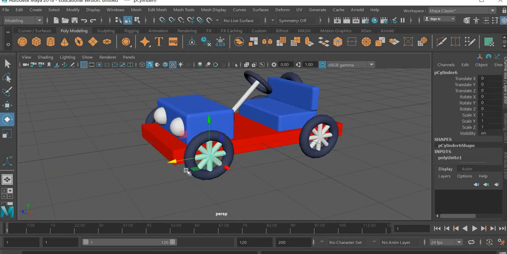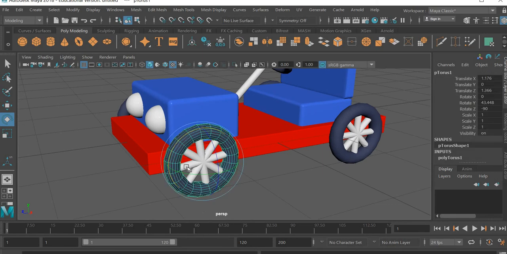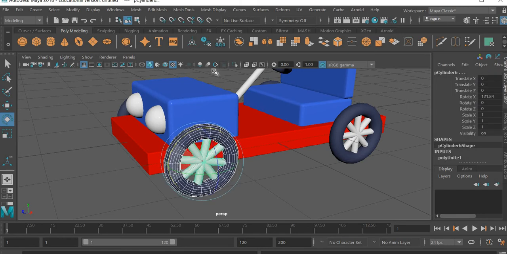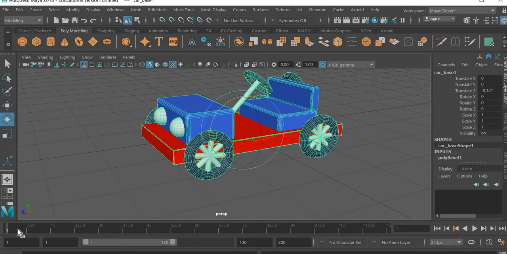Now we need to rotate our wheel. Okay, so we don't need to rotate this, or we can select both and then rotate both of these together. Okay, so what we can do is now select this base, hit the S key on frame number 1, and our animation is going to be at 24 frames per second, 2 seconds long. So at 48,